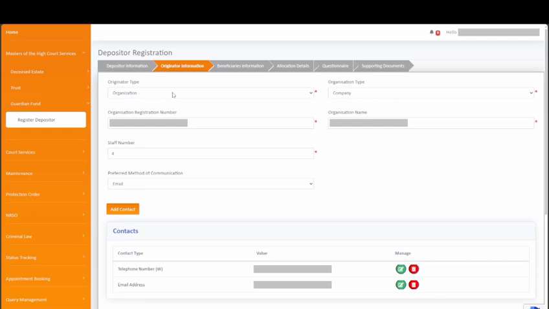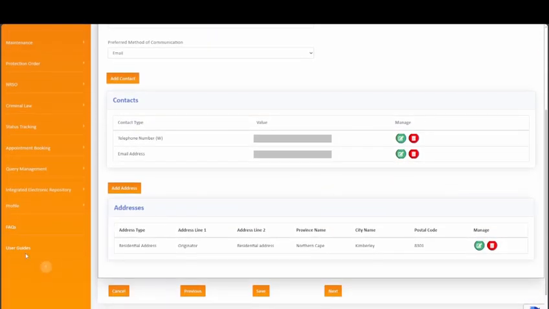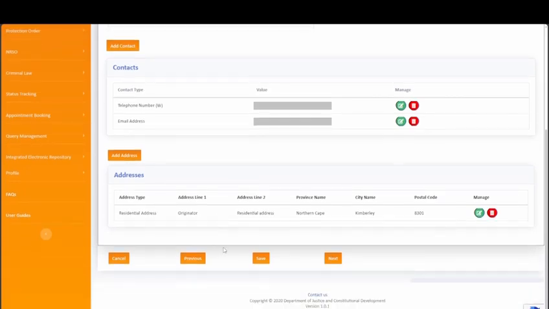Under the organization type you have the ability to select company, or government department, or local authority, or trust. For the purposes of this demonstration, we have selected company. The organization registration number and organization name is verified accordingly. Based on the preferred method of communication, the system will prompt you to add and capture the associated contact type. You also have the option of capturing an address type. Once you are happy with the information captured against the originator, simply click on Next to proceed to the Beneficiaries